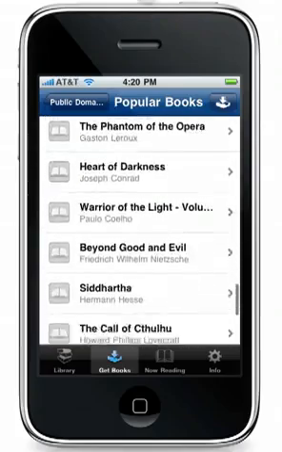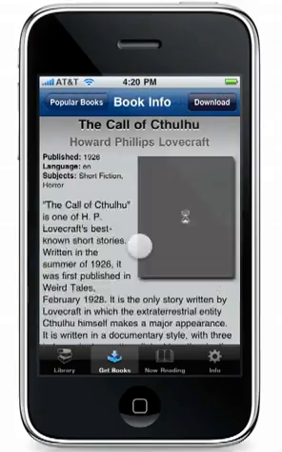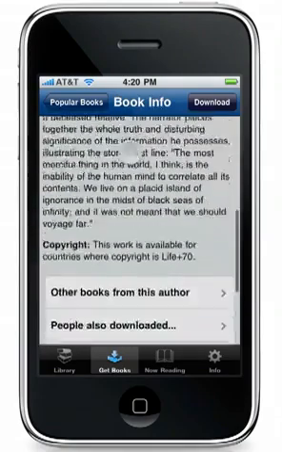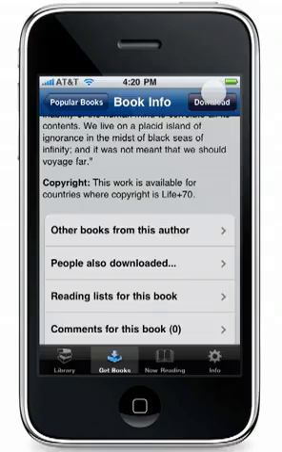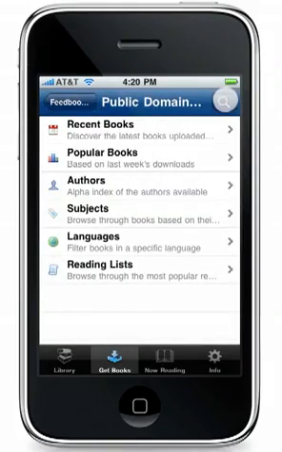Once you find a book you would like to download, you can just tap on it to read a summary. And then you can tap the Download button to import it into your library. An alternative to browsing through a catalog's hierarchy of books is to use the Search button,